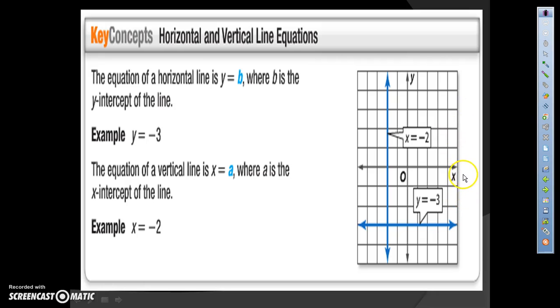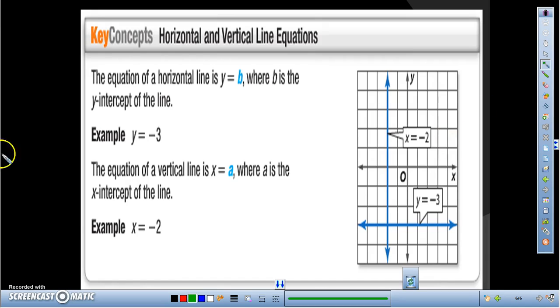Okay, just like with slope, we had special cases with horizontal and vertical lines. We also have special cases as far as the equations of horizontal and vertical lines. And that's because of really the special slopes that they have. So basically, a